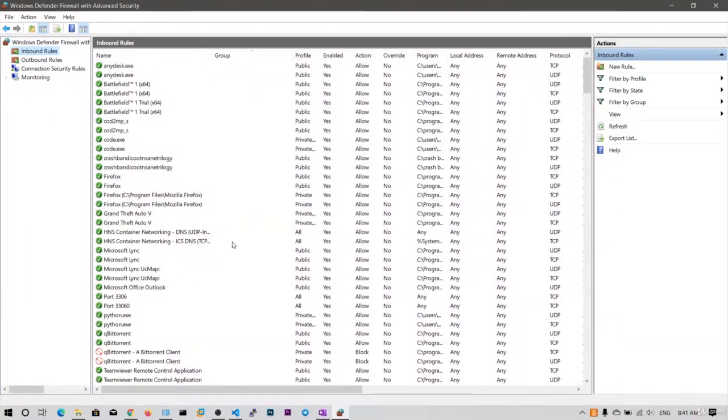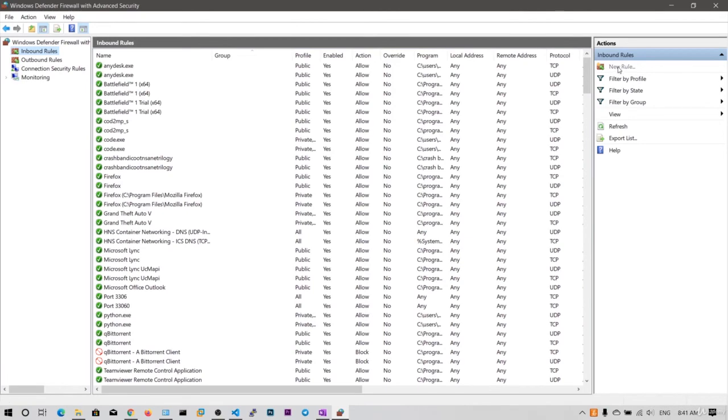Whenever you install a new software, it will ask whether to allow access via public networks or private networks, yes or no. You will say yes, and then the firewall rule will be added to these rules. So these are the inbound rules. Inbound rules mean any outside computer connecting to your computer.